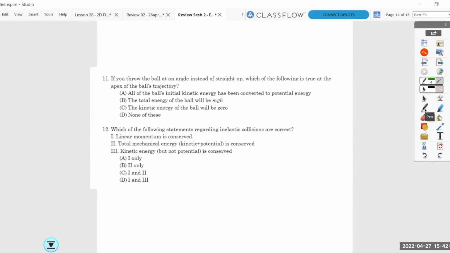So let's just remind ourselves before we even start reading the options, right? What is the thing that's true at the top of the ball's trajectory? Which velocity is 0? Y. Yeah, the y velocity is 0. We still have some x velocity, right? So as a result,